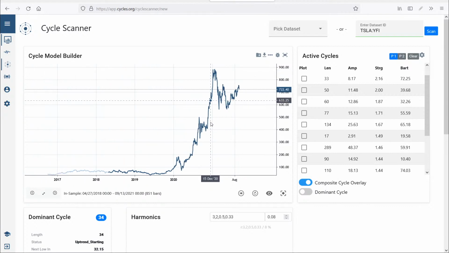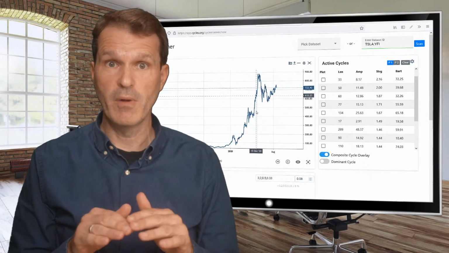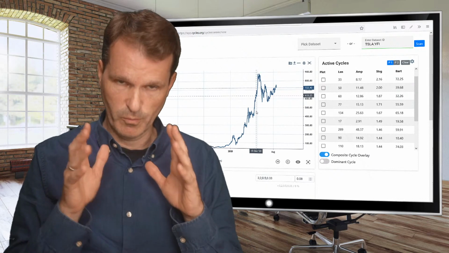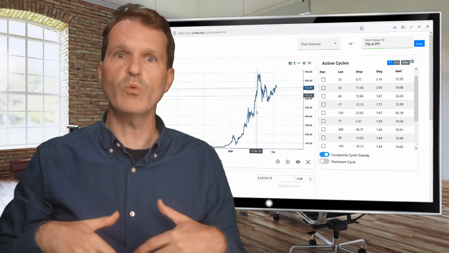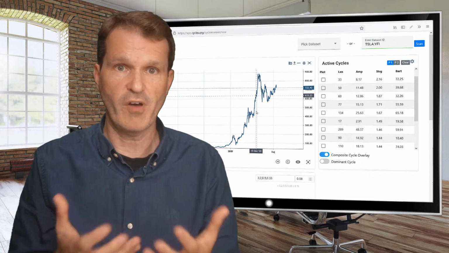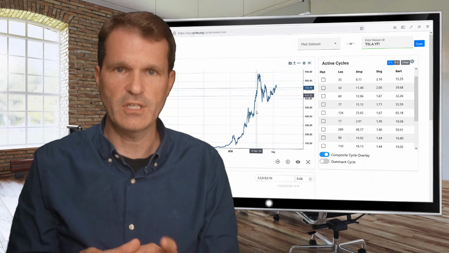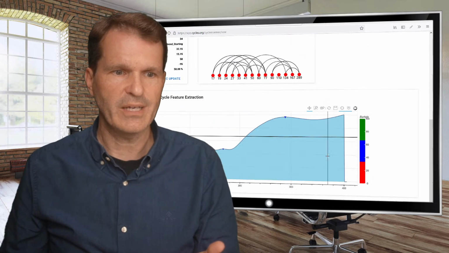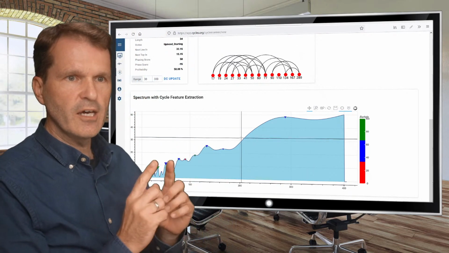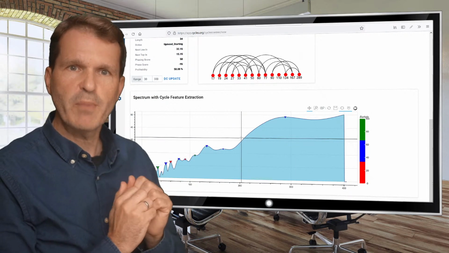Let's start from the ground with the basic analysis. You pull up the data set and run the cycle analyzer, which is mainly digital signal processing, providing a kind of Fourier analysis without going into the details. It then pulls up a spectrum chart, which we see here at the bottom of this analysis.